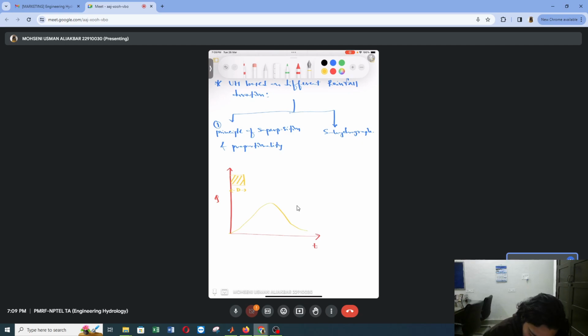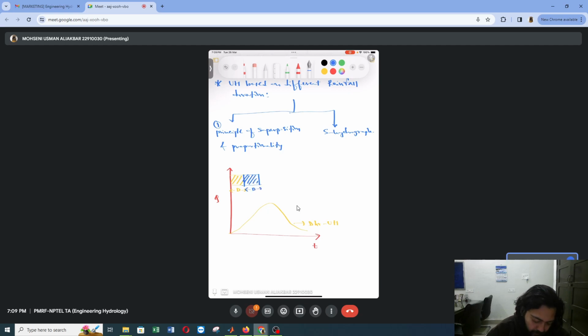So let us name this as dr unit hydrograph, right? So for this pulse input, there is an output of dr unit hydrograph. Now what we are going to do, there will be some lag time, right? Obviously there is some lag time. So that, considering that lag time, there will be another pulse input, and that duration of that impulse would also